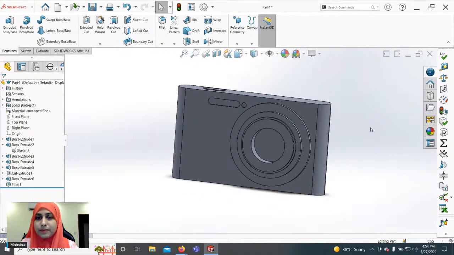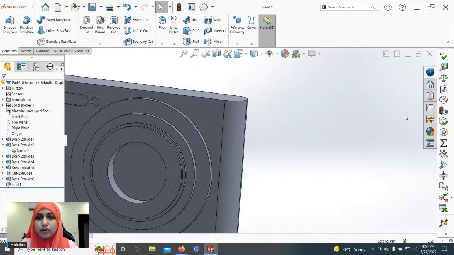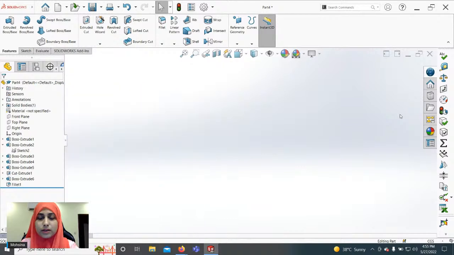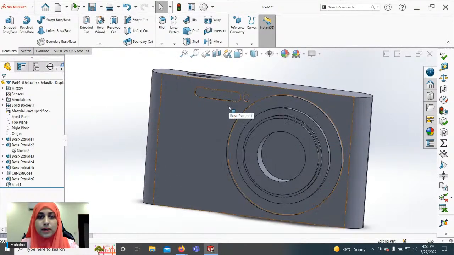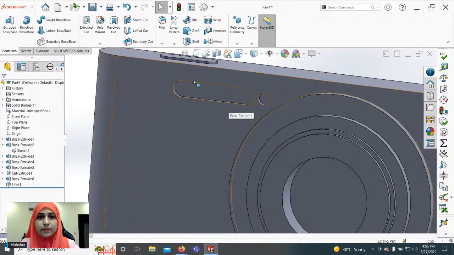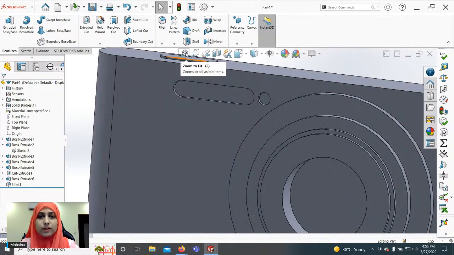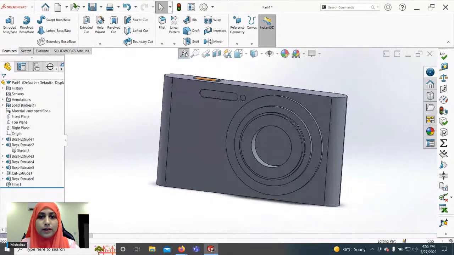But let's say I zoom into some place by scrolling the mouse button and my model has vanished. I want to bring it back, but I don't know where on the screen it might be. So to get it back, click on zoom to fit and the model will be back. Again, if I zoom into the model and want to see the entire thing, click on it and here it would be.